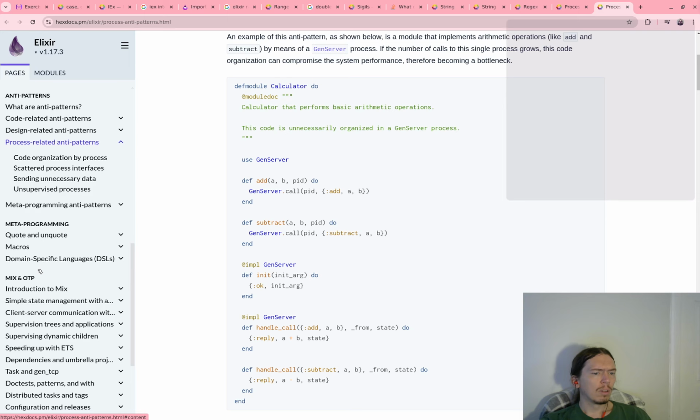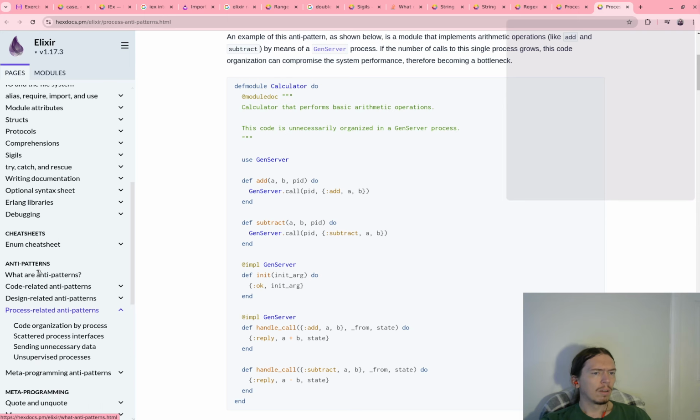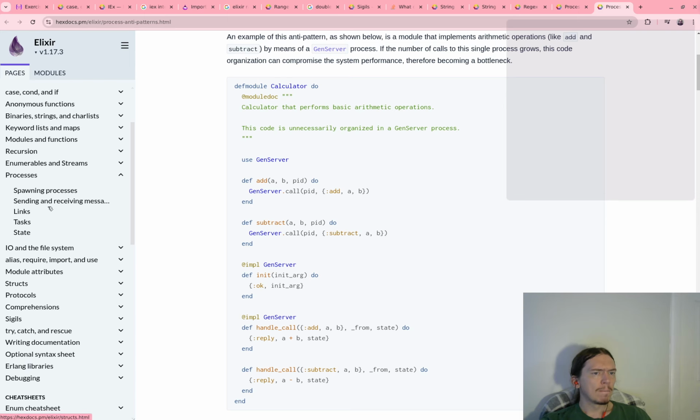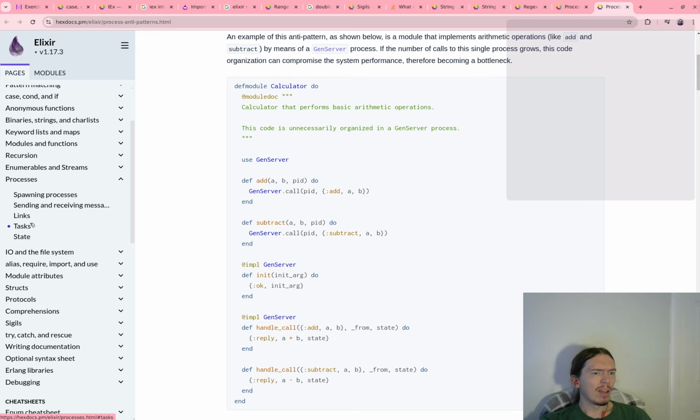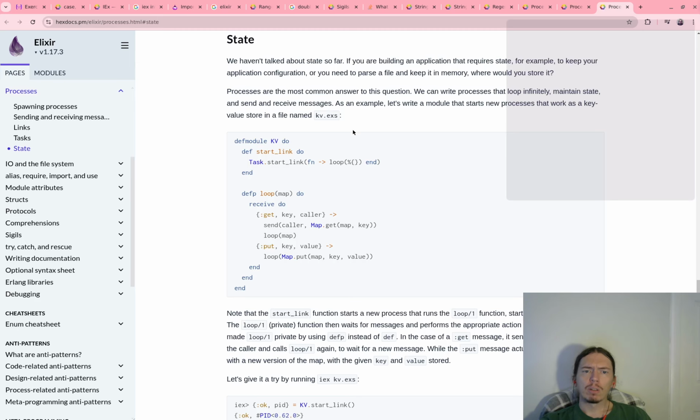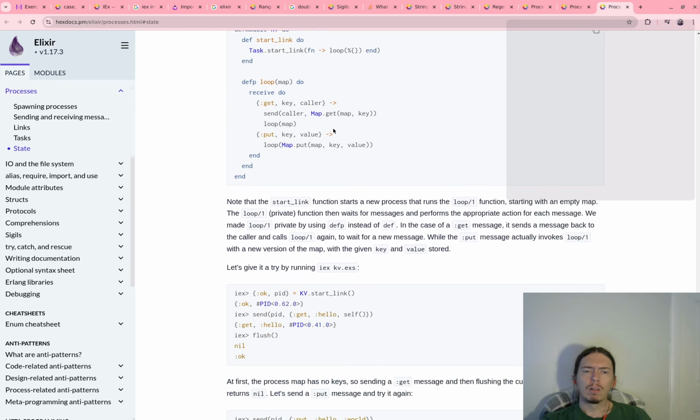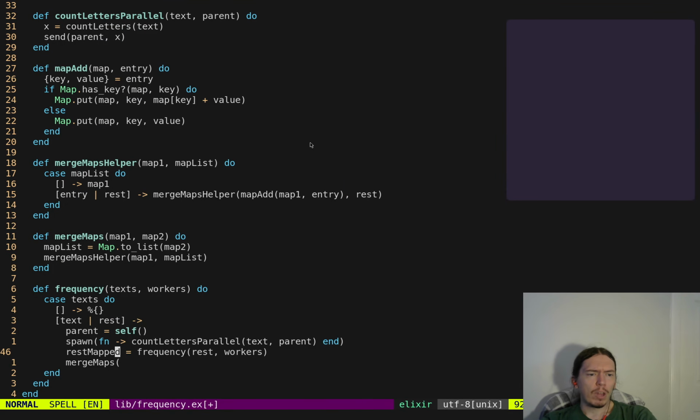Anti-patterns, meta-programming, so if we go back to processes, okay. So the issue that I have here is that I want to be able to spawn all of these different processes, and then I don't want to have to block one. Like,